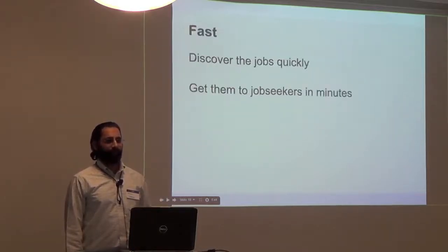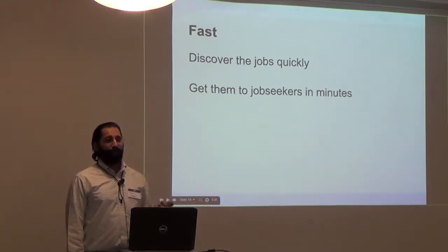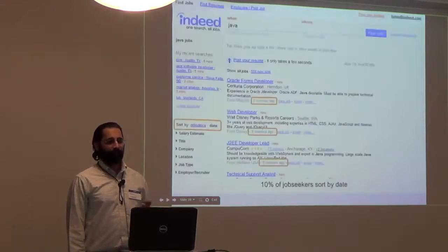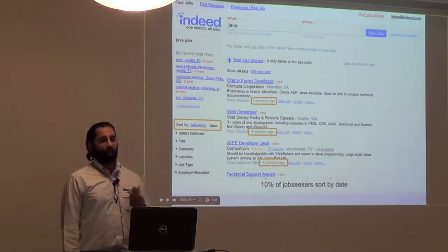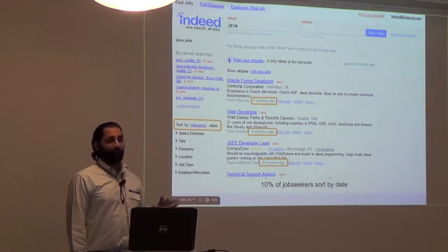Fast. We need to discover jobs soon after they're posted on the website. Then we need to aggregate these jobs and deliver them to our job seekers within minutes. The web page shows job search results for Java, with 7 minutes ago highlighted. About 10% of our job seekers, when they interact with the search results page, sort by date, which shows the newest jobs first. On this page, you'll see that our newest job is 7 minutes old, so we're doing all right in the